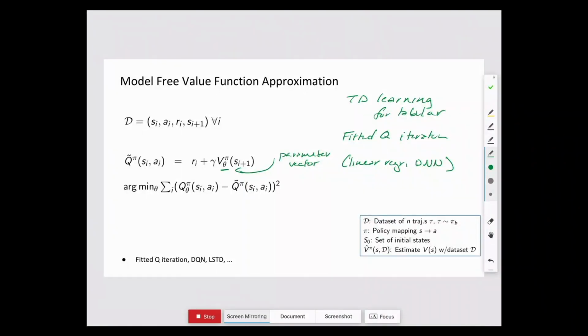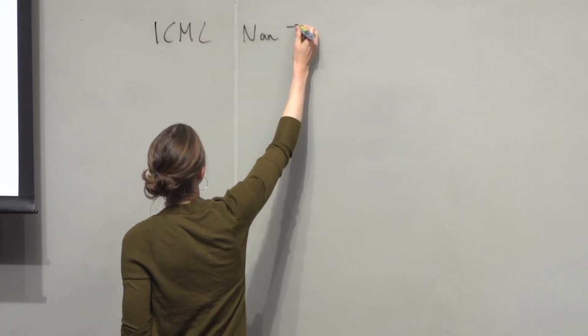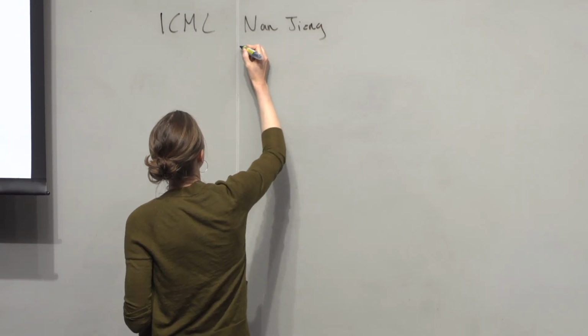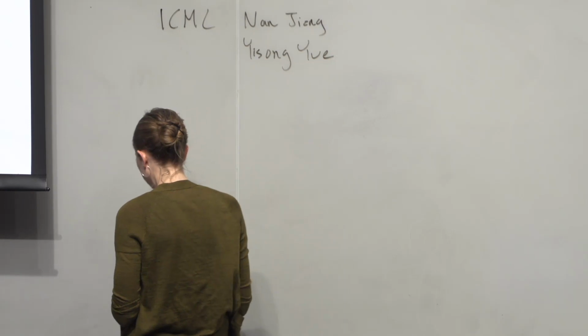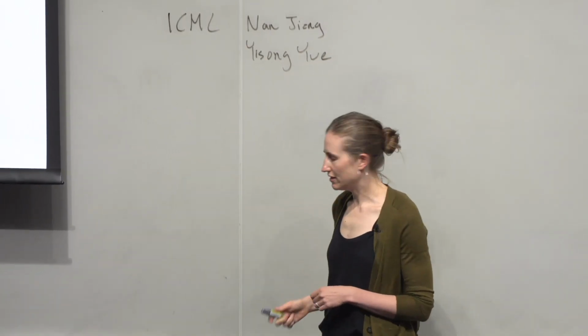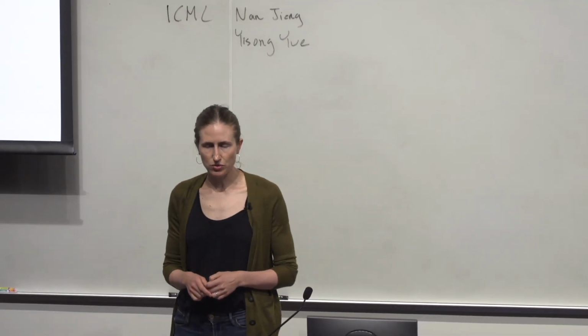ICML had several papers. Let me see if I'll plug that out and plug this in again for a sec, because I think the pen died. I'll write it on the board while we're doing that. At ICML this year, there were several papers, one from Nan Jiang's group, and one from Yisong Yue at Caltech. Both looking at essentially batch function approximation with fitted Q iteration and providing formal theoretical bounds on those cases.